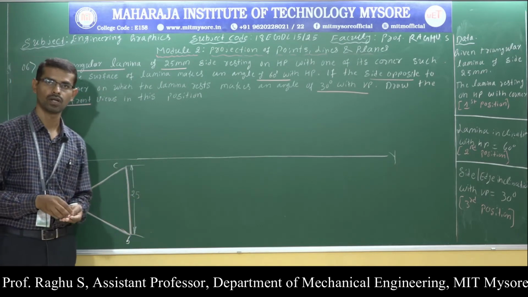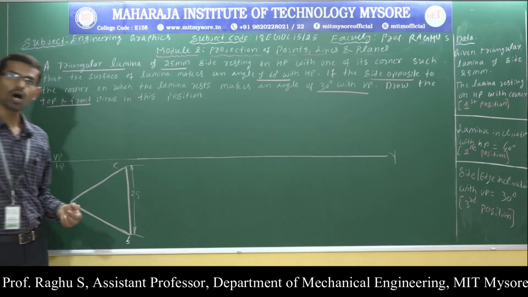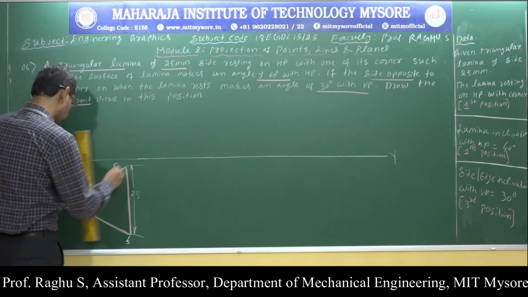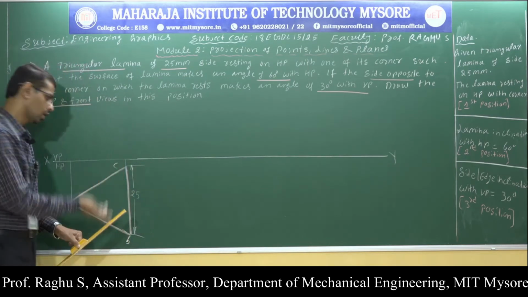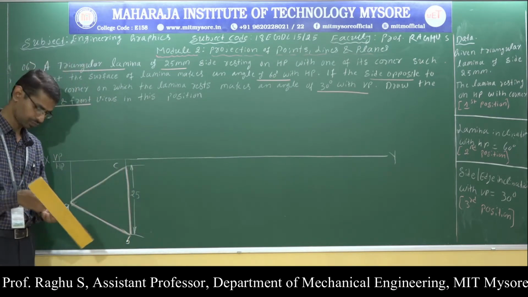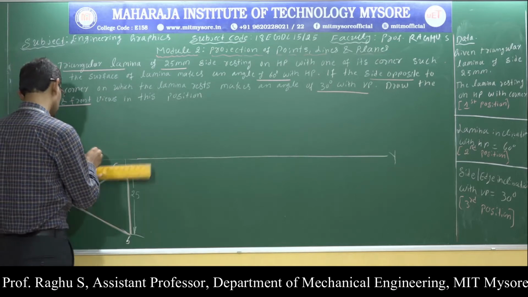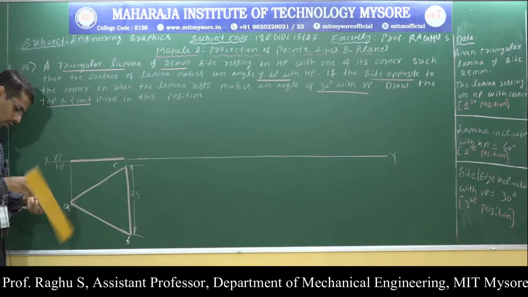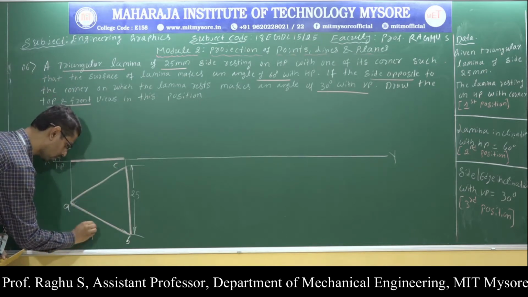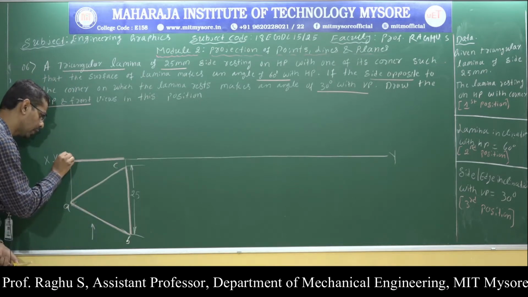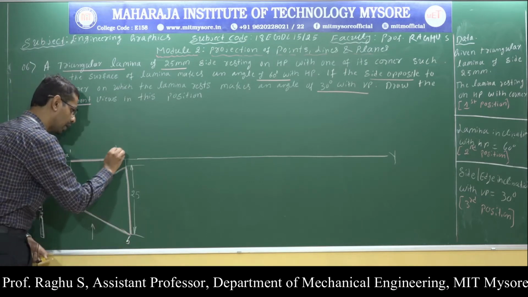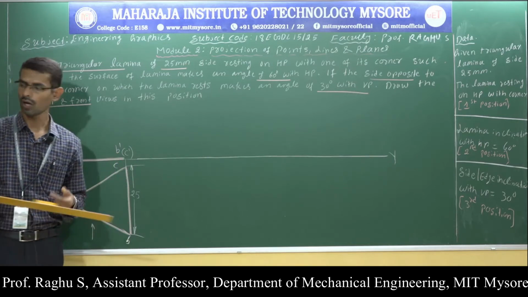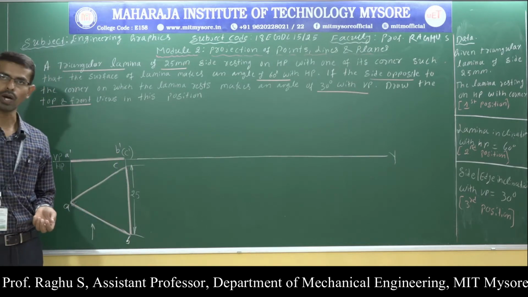Next, draw upward projections to get the front view. Now this is the front view. Here in the front view, this is the direction of view: A visible, B visible, and C invisible. So I have completed the first position, top view and front view.